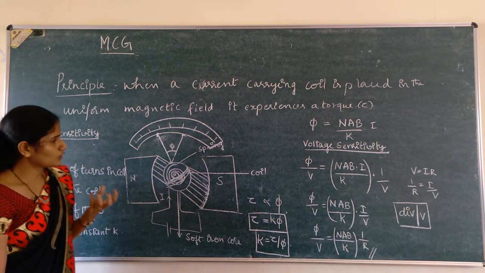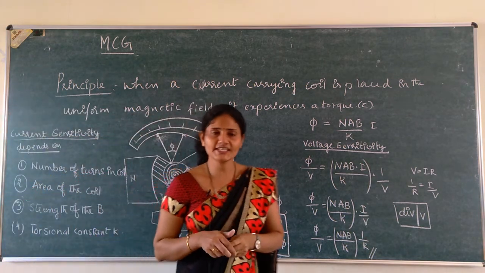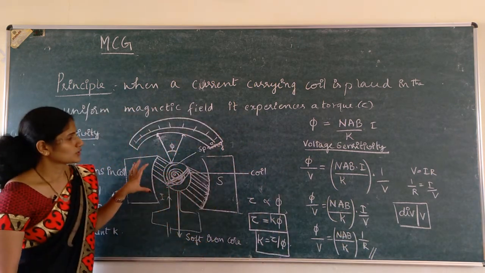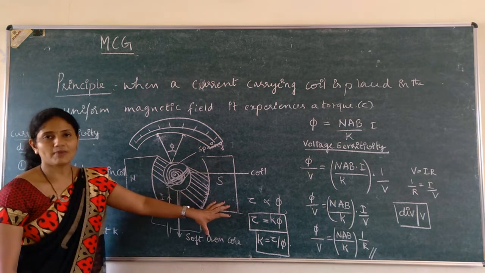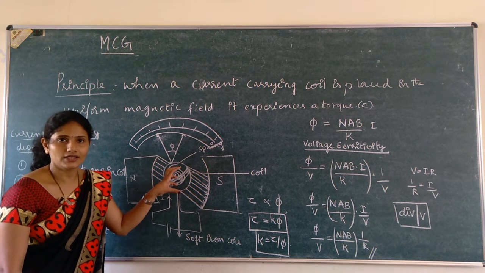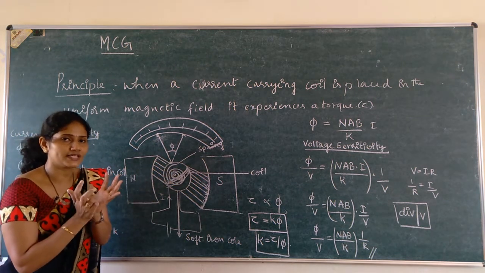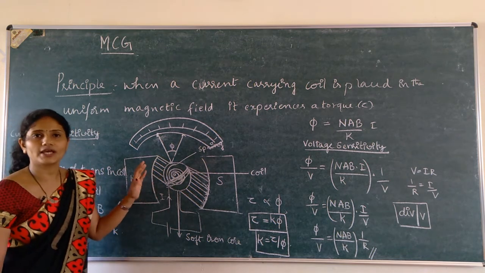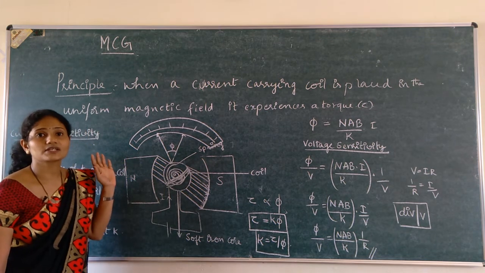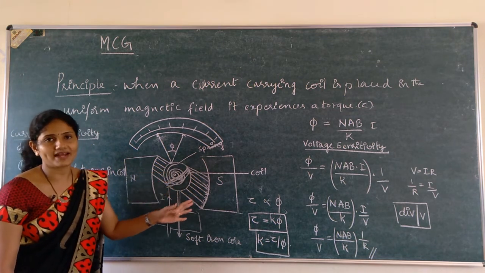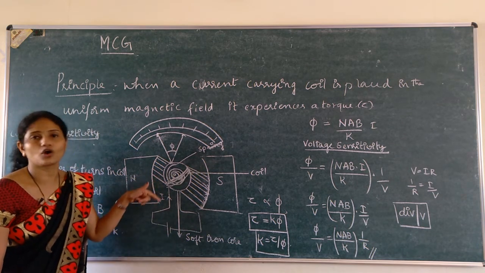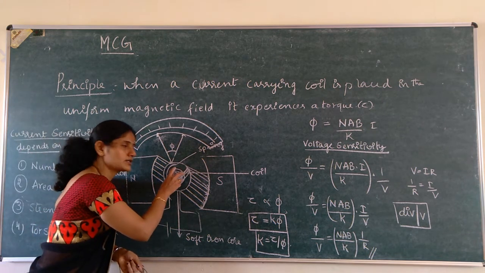Okay. So in case of a moving coil galvanometer, we have two permanent magnets, and between these two permanent magnets we have a coil, and the coil is placed within a soft iron core. So this soft iron core makes the field radial, and also it always keeps the plane of the coil parallel to the magnetic field, right. When current flows through the coil, what happens? Here we have one spring.